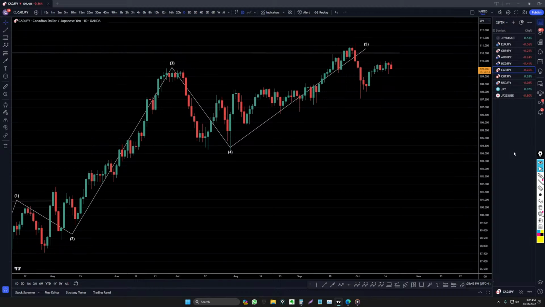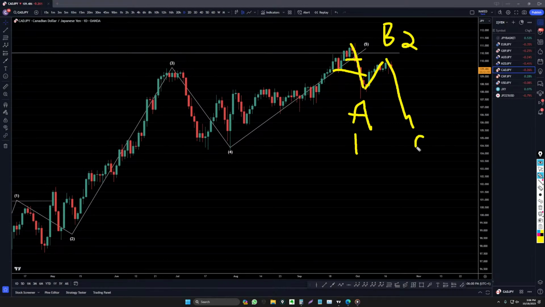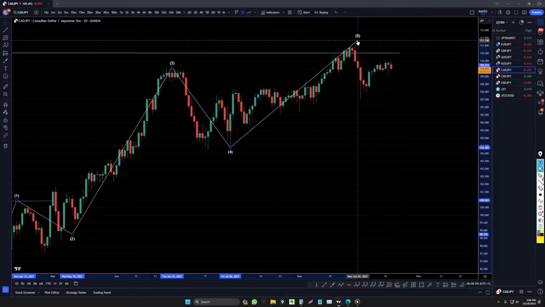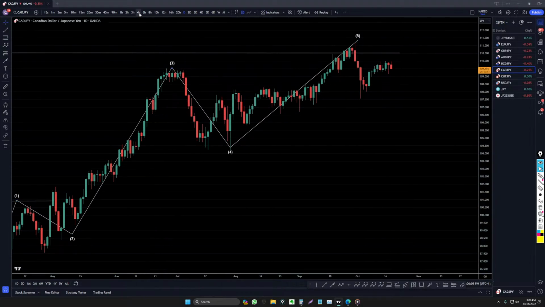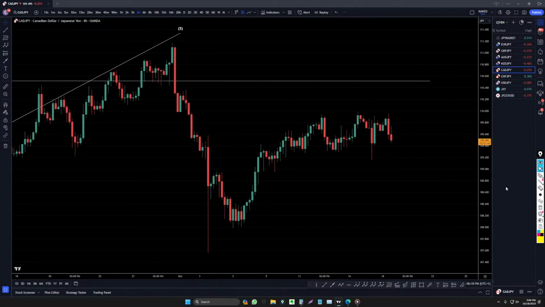Oh yeah, this is the one that I was thinking about going short on, because impulsive down, break of structure, corrective up. This one looks even more convincing that it's either an A or a 1 or a B or a 2. And now it's going to go down and make a 3 or a C, and then probably back up again. Perhaps, unless it really is a wave 5, which it could possibly be. I don't think it is according to all the other yen pairs, but